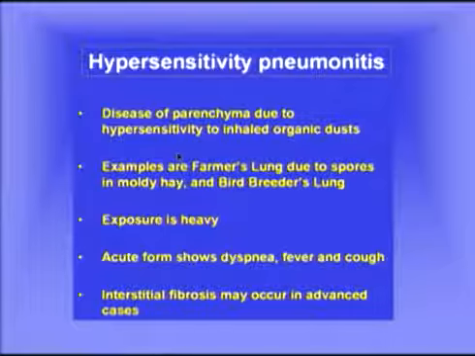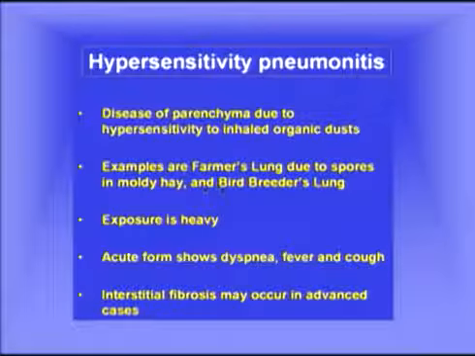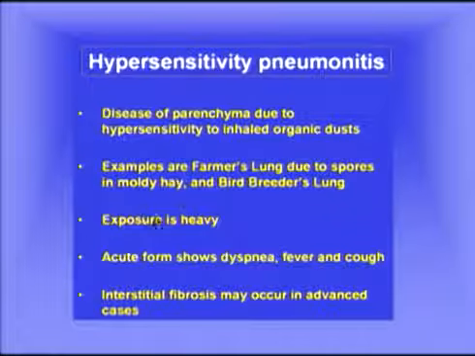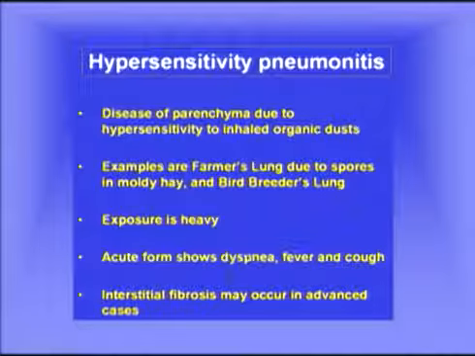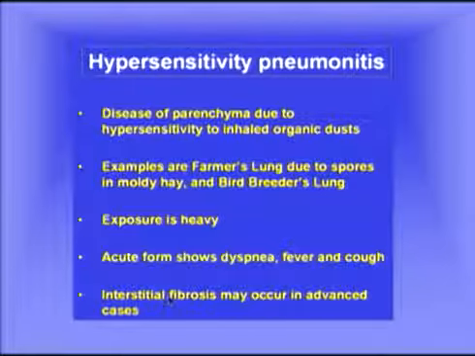And one of the best examples is farmer's lung, which is caused by the spores in moldy hay. And there's also bird breeder's lung, where the fecal material from the birds is largely responsible. The exposure is heavy. For example, in farmer's lung, the farmer is working with this hay over a long period of time, heavy exposure, and in the acute form you can get shortness of breath and a small fever and a cough. So there's an acute form, but in long-standing disease you can develop interstitial fibrosis, which is why I'm